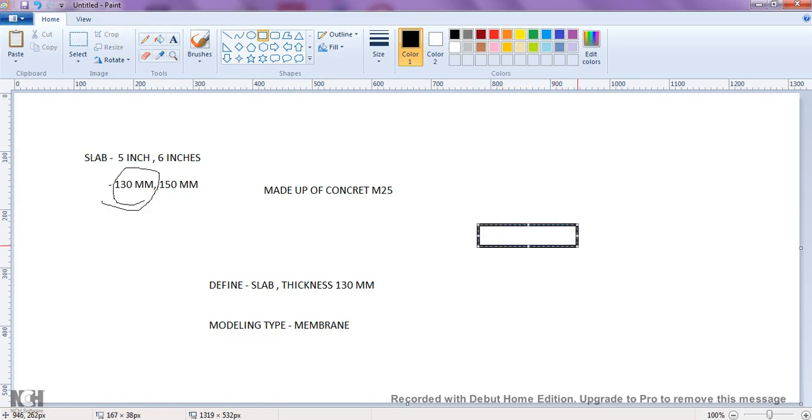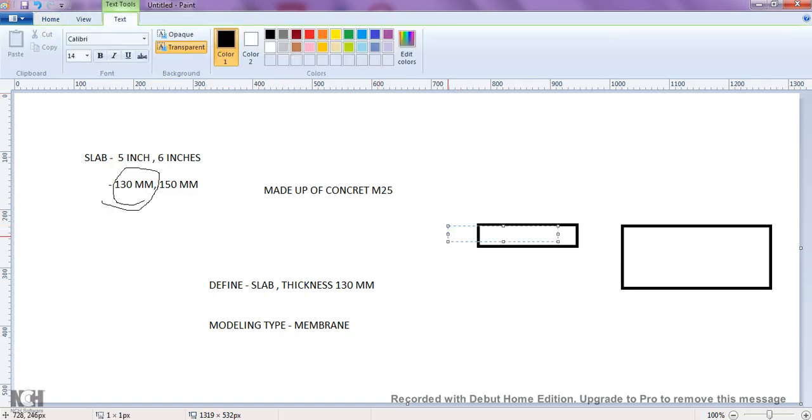This is one slab, and this is one more slab like this. From this, it is clear that this slab's thickness is lesser. This thickness is small, just like a paper type of element.